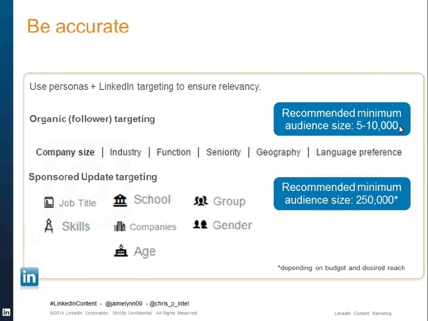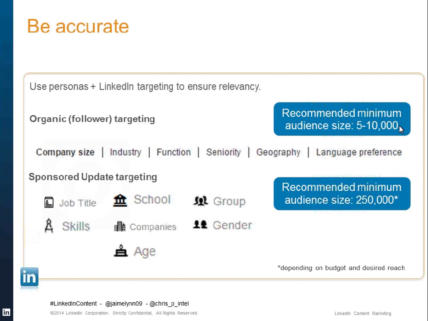There is a minimum number of followers that you have to hit in order to send out a targeted message. My recommended audience size at minimum for a targeted update is 5,000 to 10,000 people. And that just has to do with scale. If you think about it, you're targeting 5,000 of your followers, maybe 10 to 15% of them will see the message,